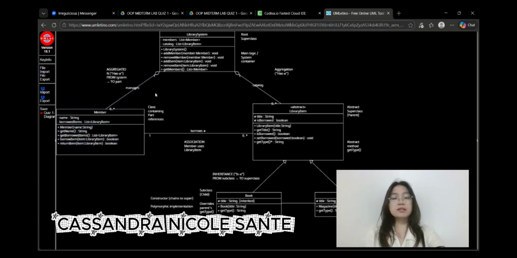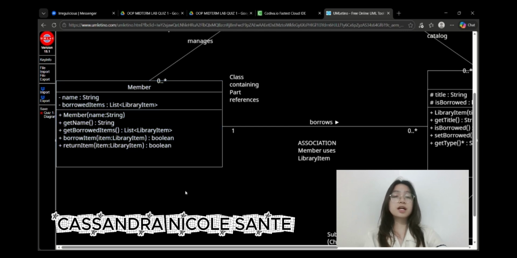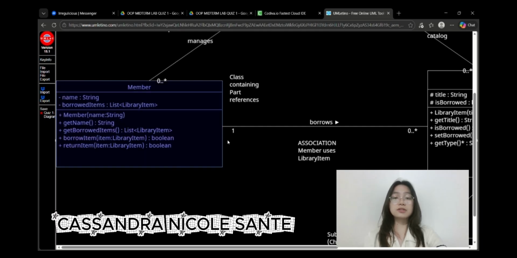Next is the member class on the left, which represents the system's primary actors. Following the principle of information hiding, the name attribute is marked private. The member constructor is responsible for instantiating each user with a specific identifier and initializing their personal borrowing registry. The functional logic of the system flows through these public methods, which execute the borrowing and returning operations.